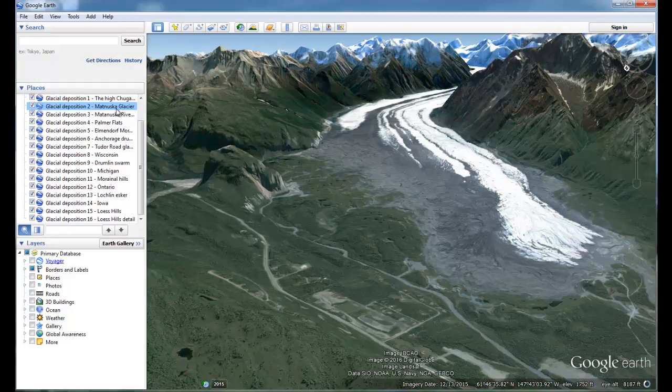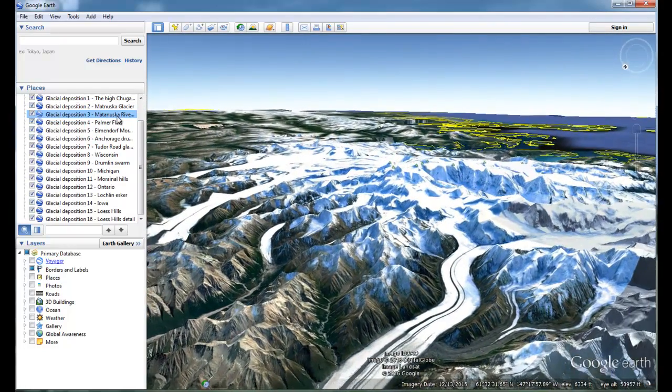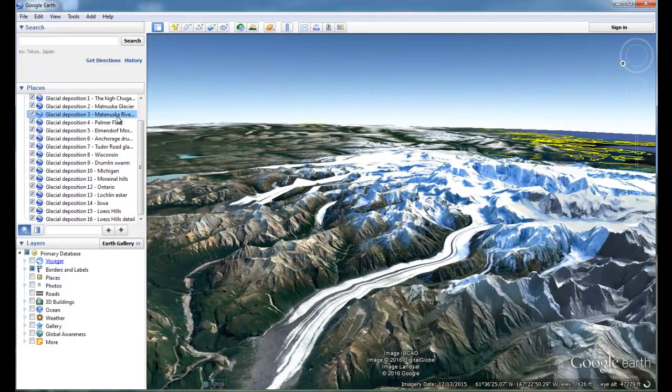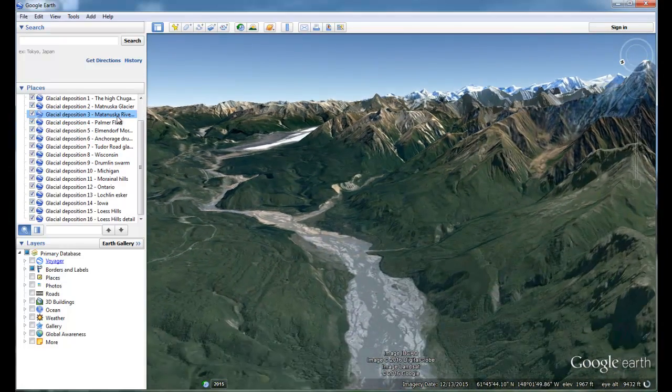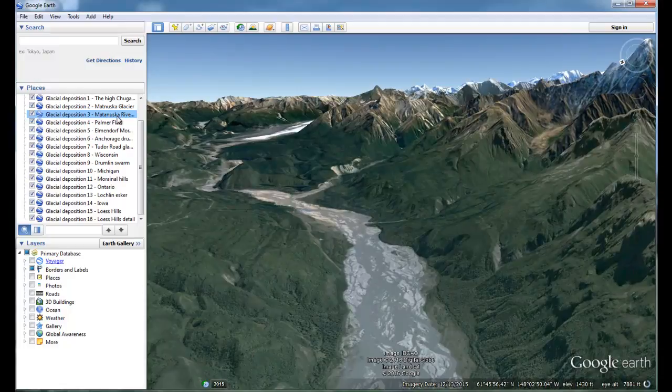That material runs down the Matanuska River, and as it runs down the Matanuska River, it deposits that material in glacial outwash, which is the large flattish areas that are deposited by glacial rivers. Glacial outwash is best seen where really large glaciers have retreated, and while the Matanuska Glacier is pretty big, it's not nearly as big as the massive glaciers that impacted much of south central Alaska during the last epoch in